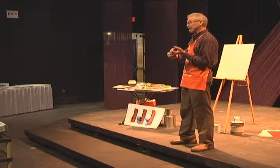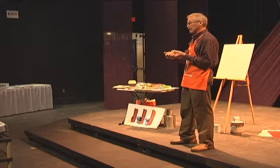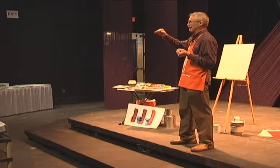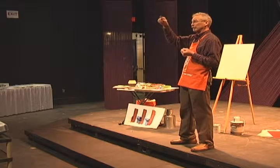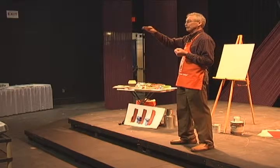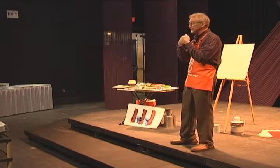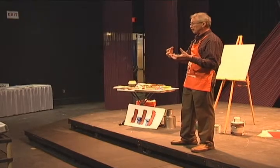Primers like the Behr enamel undercoater or the Bullseye 1, 2, 3, there's probably five of them out there, the ones they call multi-purpose primers. If you look at that under a microscope, whereas the one looked like the Rocky Mountains, these primers look like North Dakota. Nice and level. And they have a lot of it, it's a tighter film so that they seal the paper